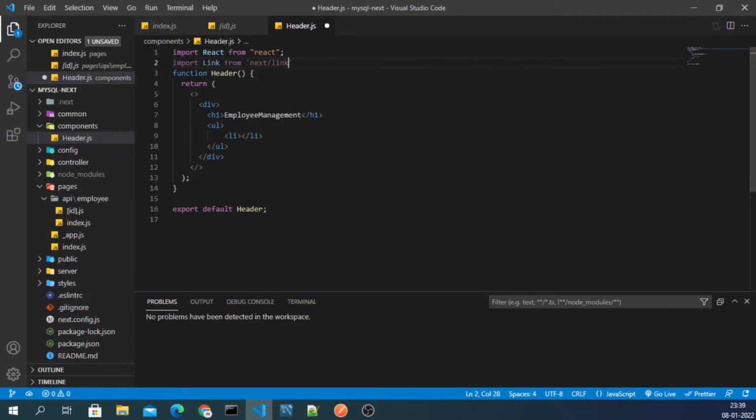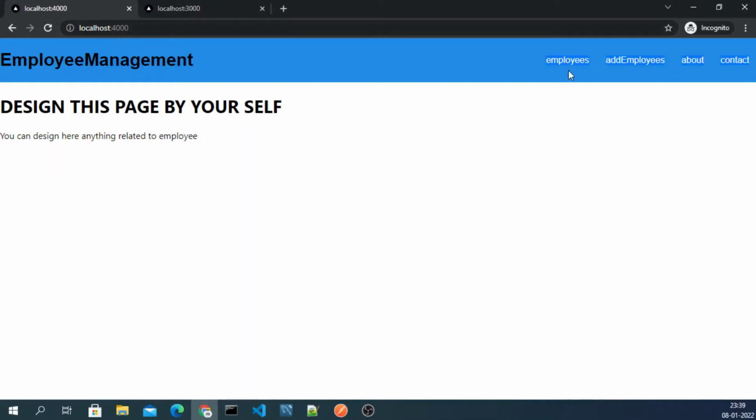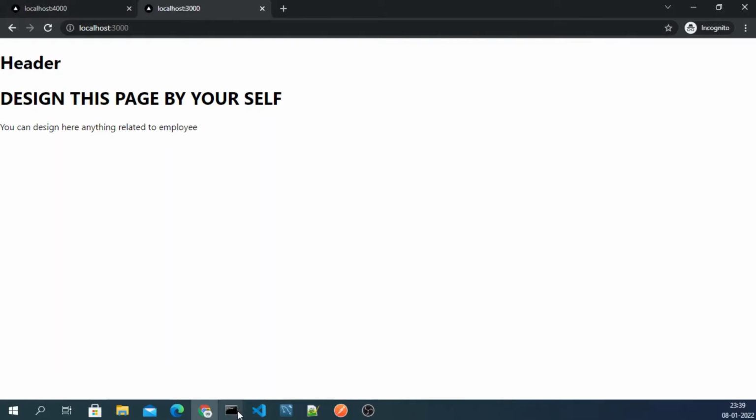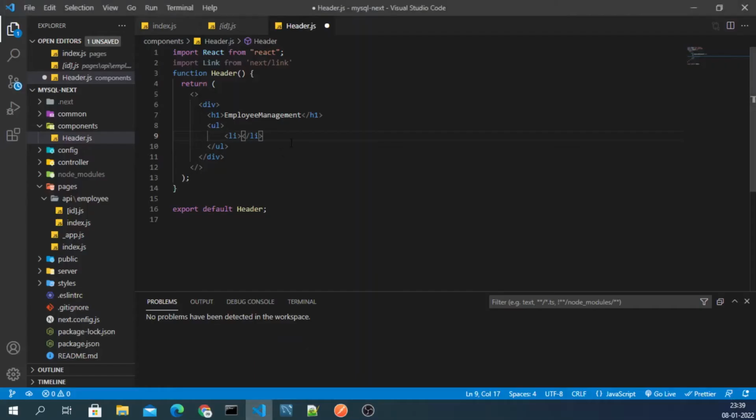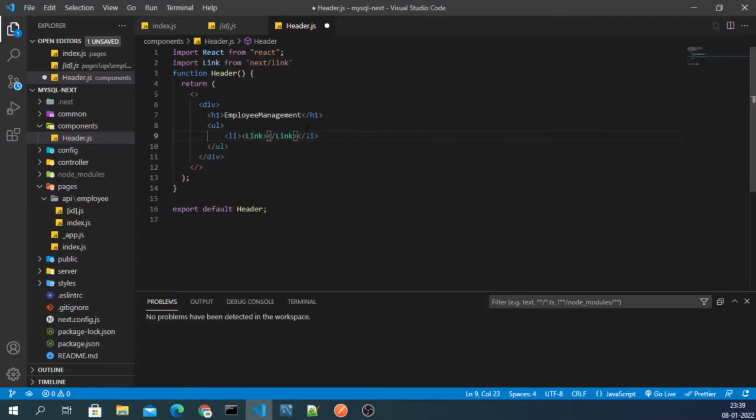Okay, and inside here the first link that I have is employees, and then add employee, then about, and then employee management, right? So I'll just go here, and the very first link will be my employees,